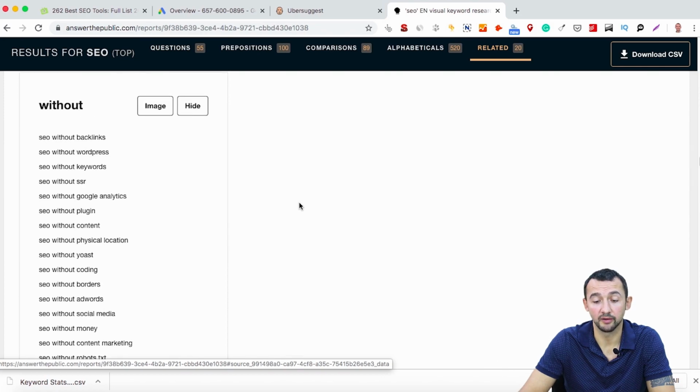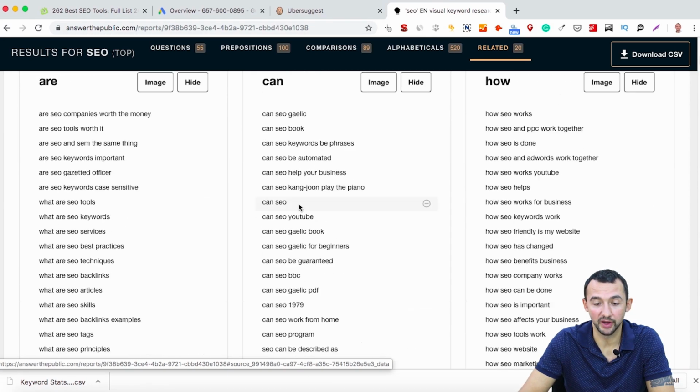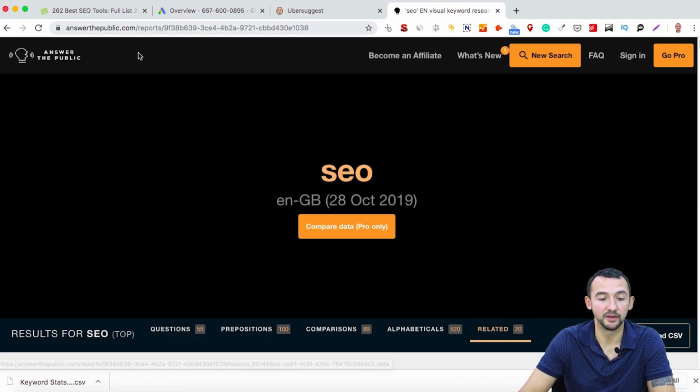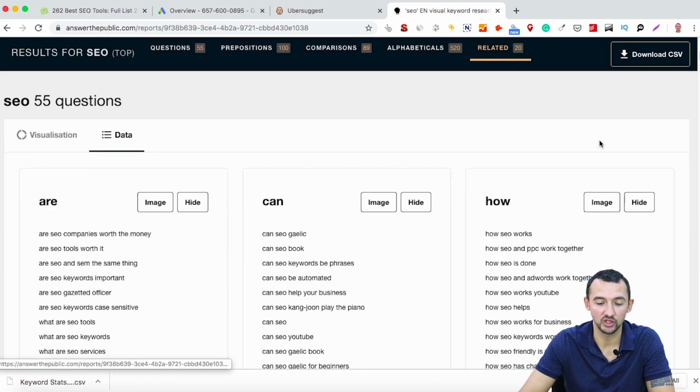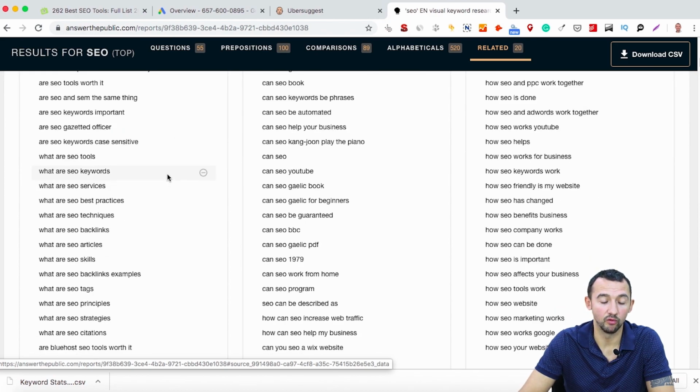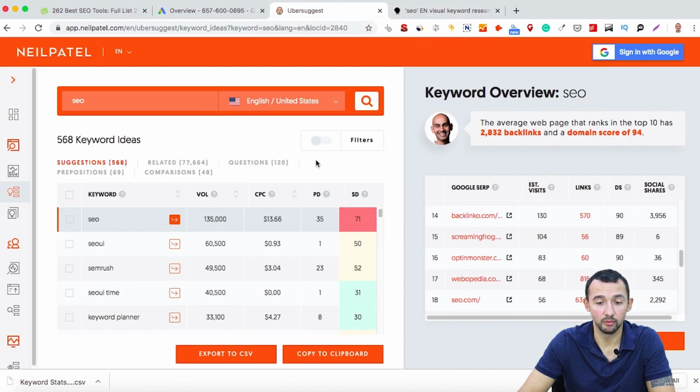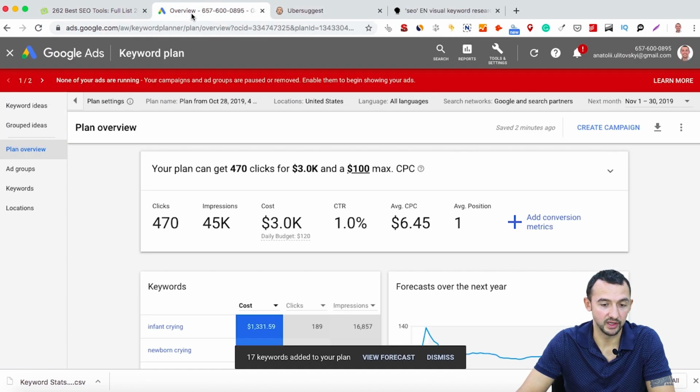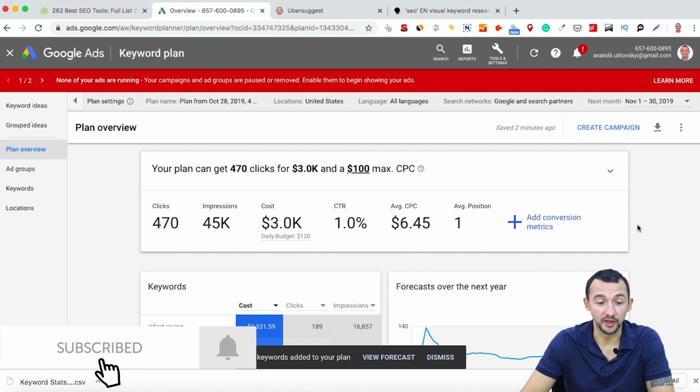All of them are free tools. You don't need to pay, but I think Answer the Public last time tried to monetize this tool with some pro version, and if you use the free version you don't have volume data, but on Ubersuggest you have this data. I think you can use all these tools to choose a metric, and all of them are free.